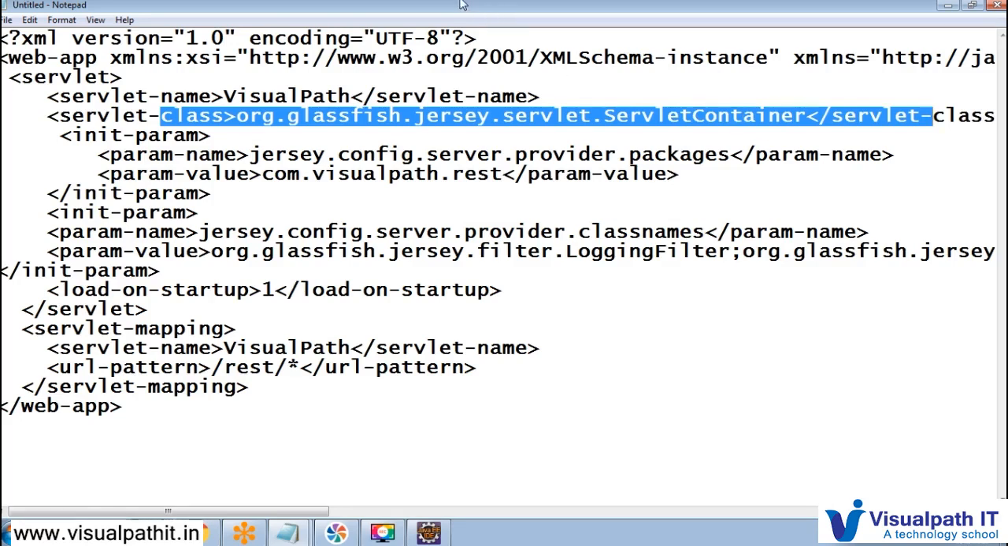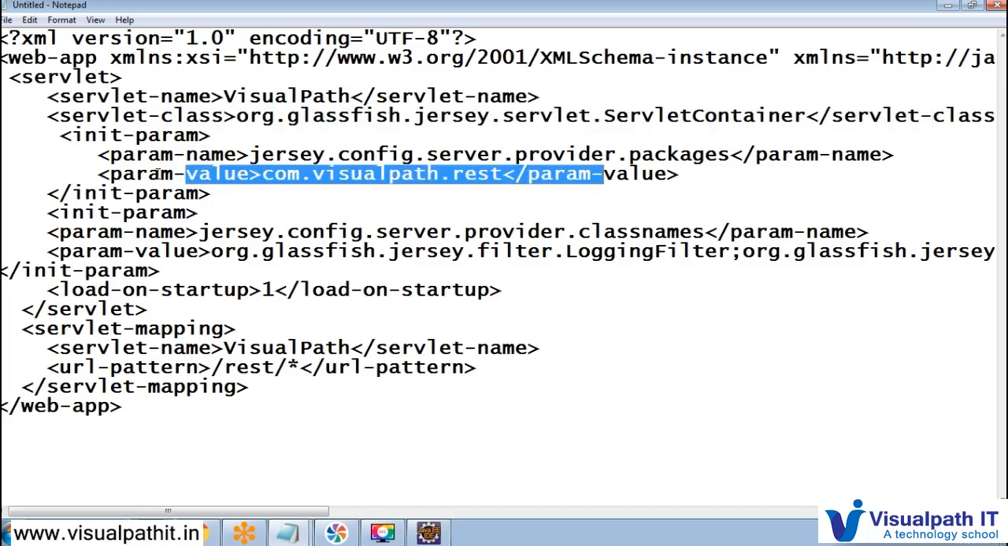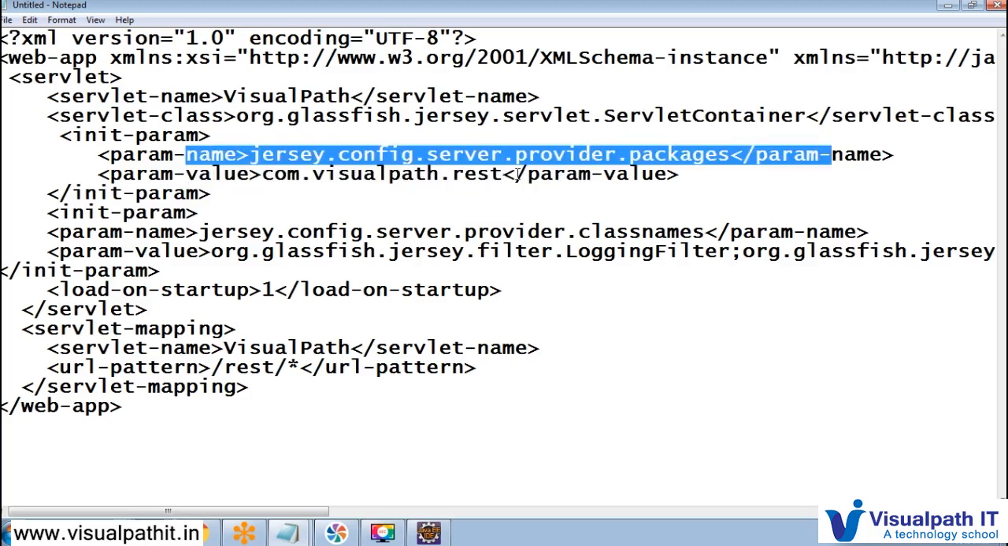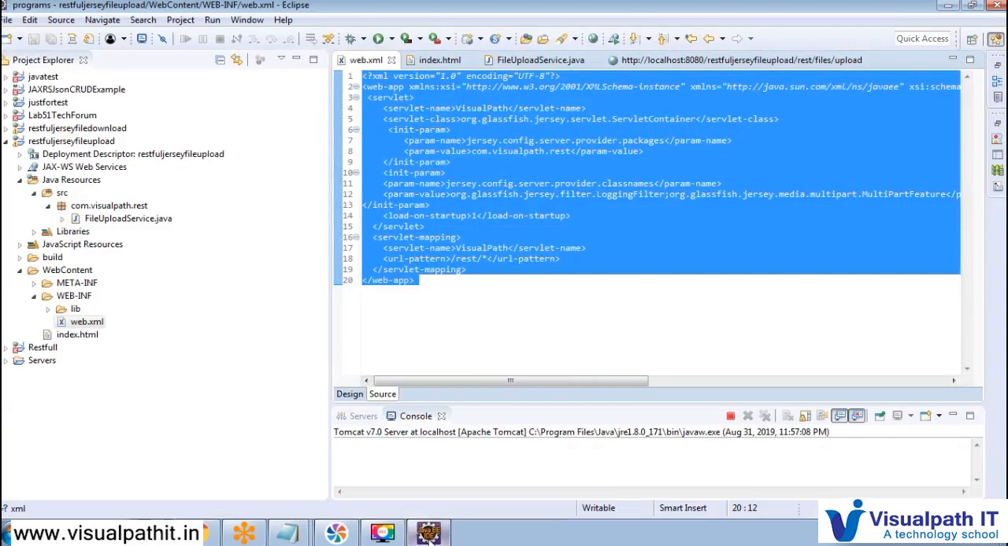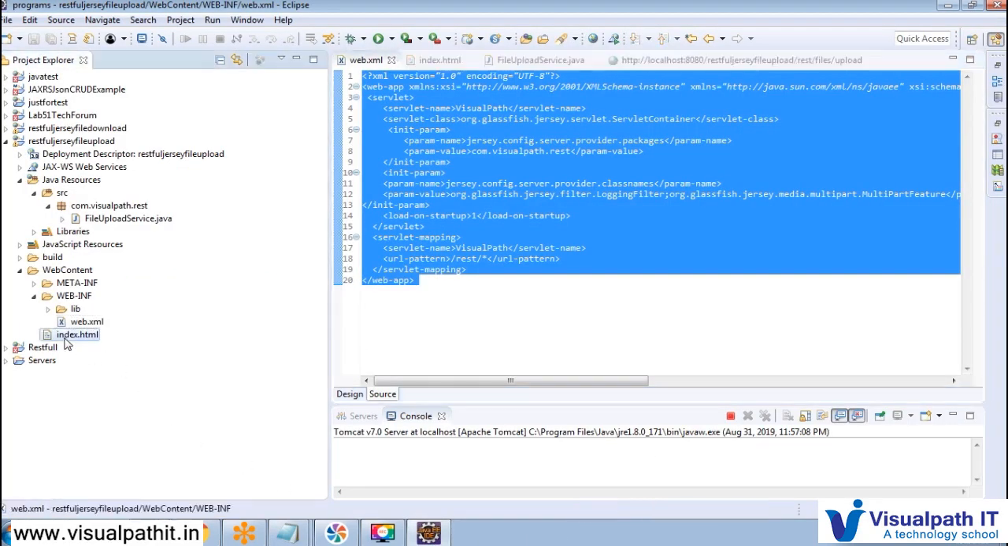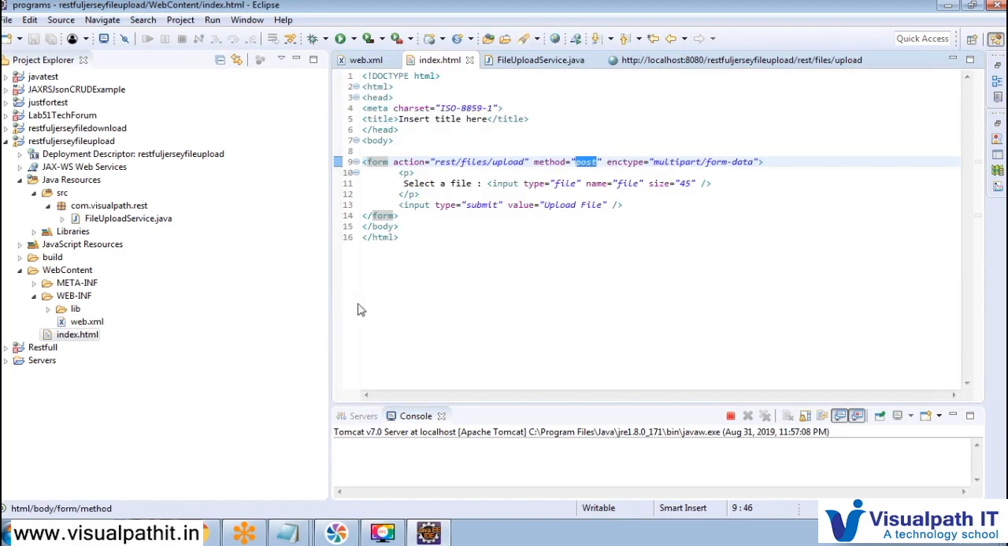After that, init param is registered here. In init param, all the controller classes will be available in the param value, but for this we have to register under the param name jersey config server provider package. Here we have to register that. So this thing, and index.html we are going to do as a